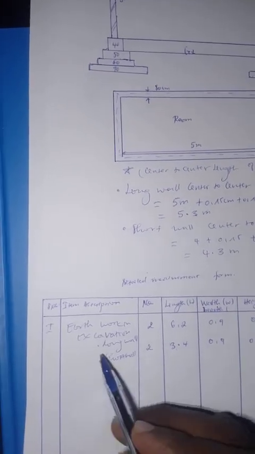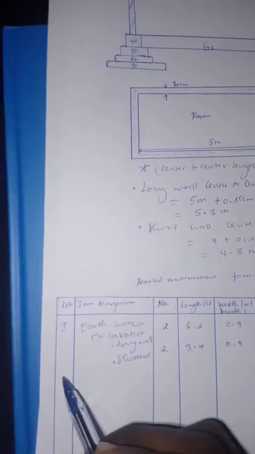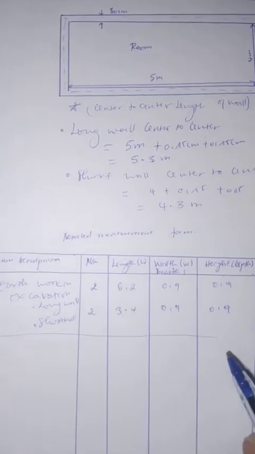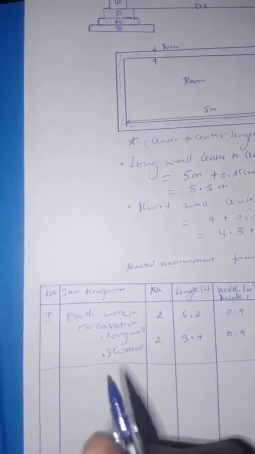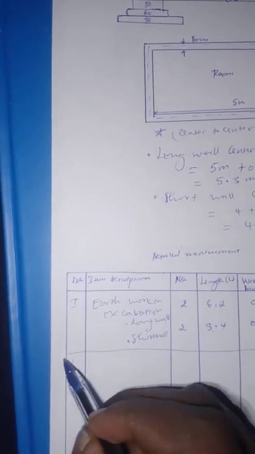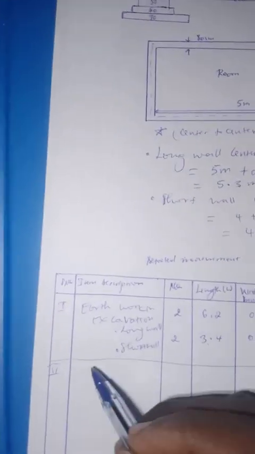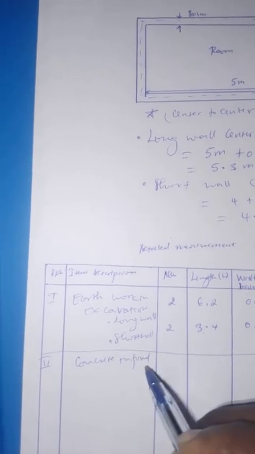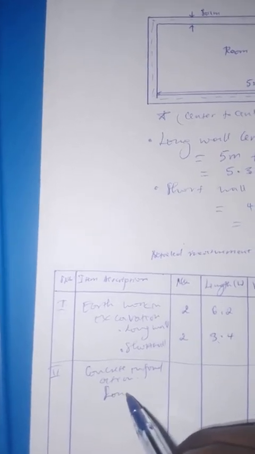Then that is about the first sequence number. It ends here. The other is about concrete in foundation. For long wall,